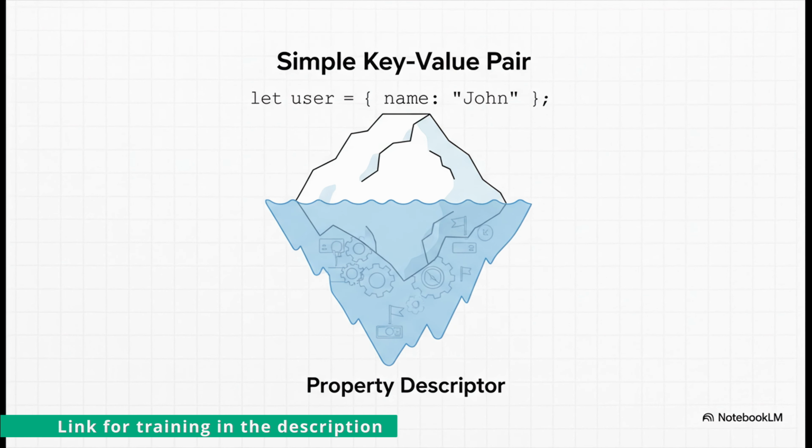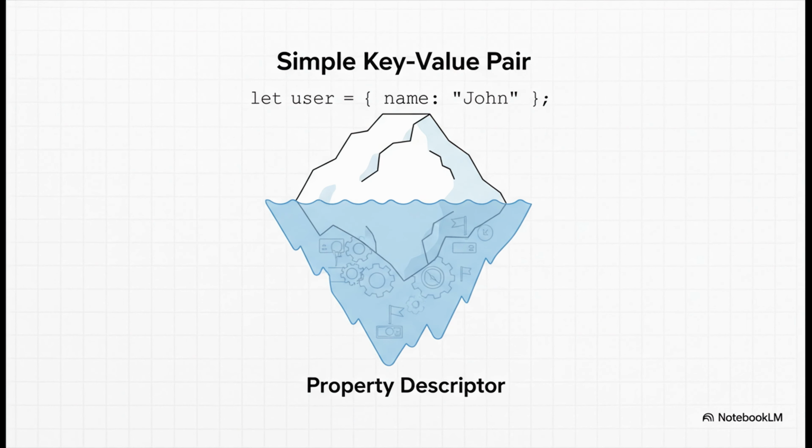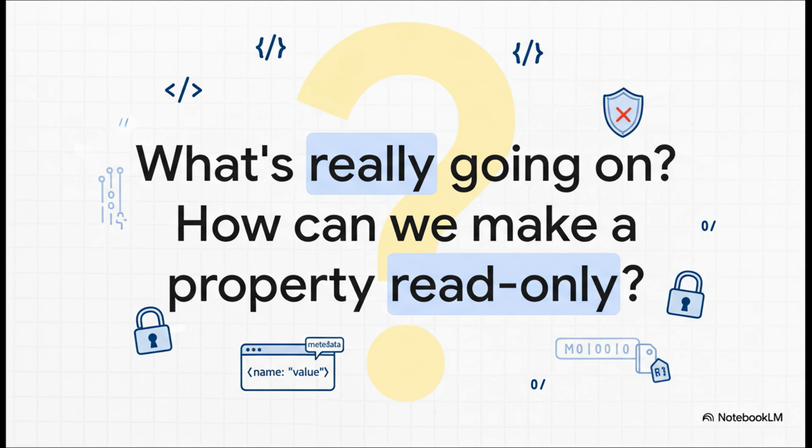Okay, this line of code, we've probably all written something like this 1,000 times, right? It's the absolute bread and butter of JavaScript. You create a user object, give it a name property. It's simple, it's clean, it works. But what if I told you there's a whole lot more going on here than meets the eye? Have you ever been in a situation where you really needed to make a property read-only? Or maybe you needed to stop a property from being deleted no matter what? These are pretty common scenarios in real-world apps, and the solution lies in understanding this hidden metadata that JavaScript attaches